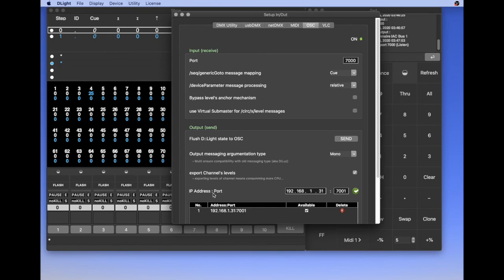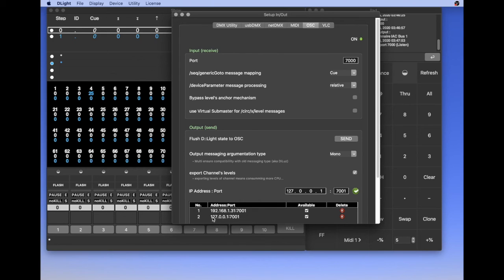If you want to send OSC messages to another software on the same computer, you will need to use the localhost address, which is 127.0.0.1.